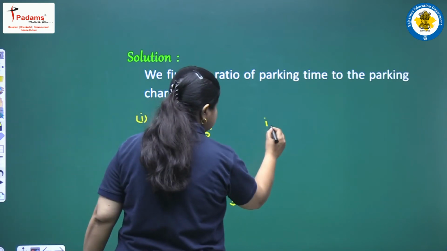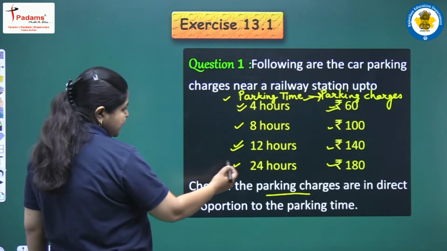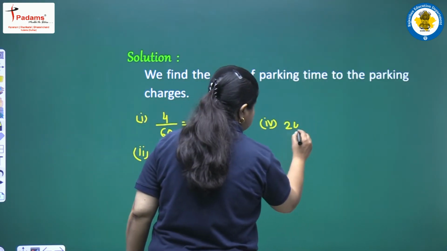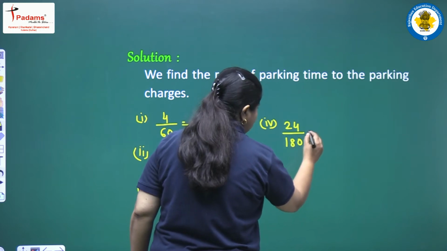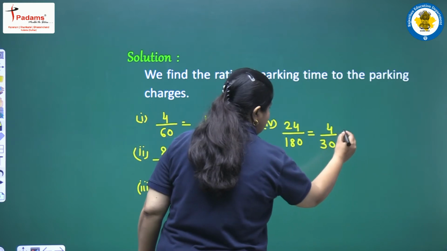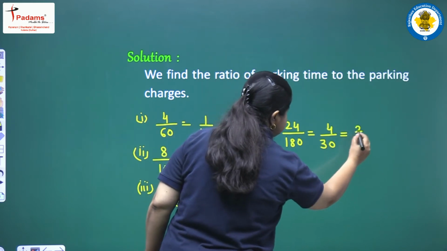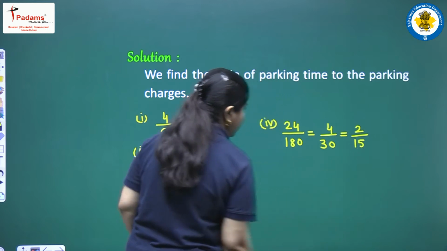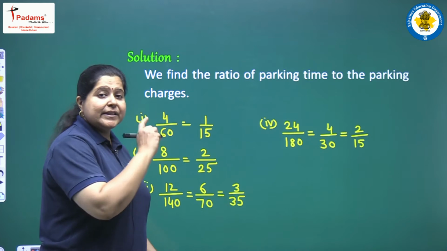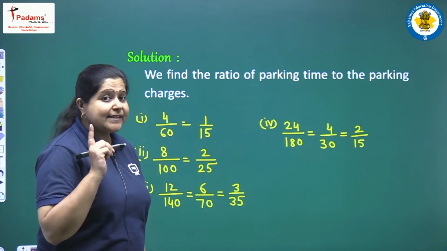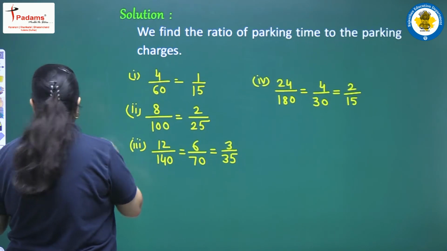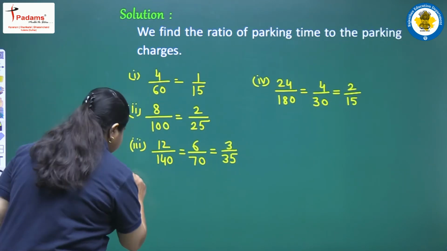We find the fourth one here. This is given 24 hours and rupees 180. 24 upon 180 on dividing by 6, 4 and 30. Again on dividing by 2, 2 and 15. So what we see here, all the four ratios are not equal and so the two quantities are not in direct proportion. We can write here, let me make some space here, and now we can write,